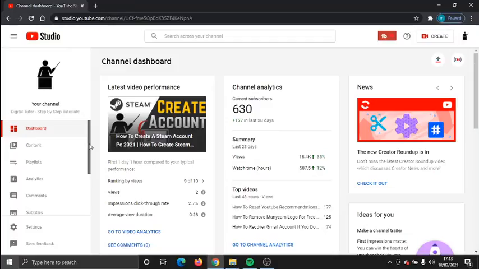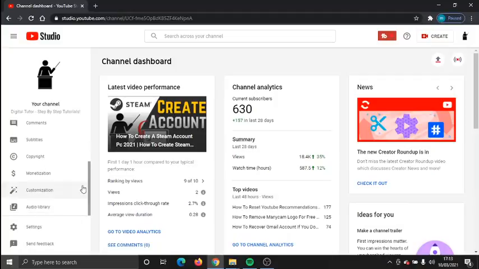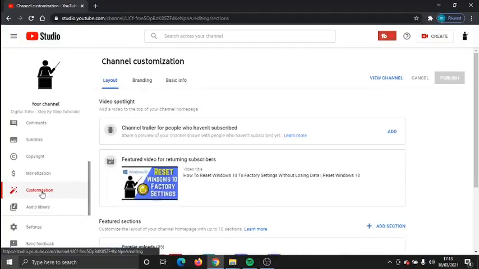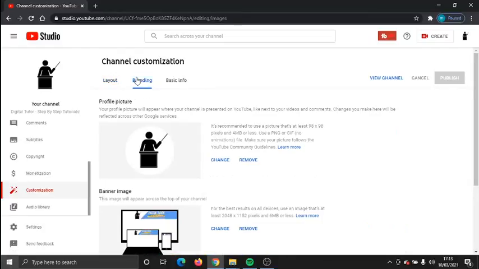Okay guys, so once you're in your YouTube Studio, if you come across to the menu on the left hand side, what you need to do is just scroll down until you get to the customization option down here. Go ahead and give that a click. And then what you need to do is come and click onto the branding option up here at the top. And then what you need to do is scroll down,